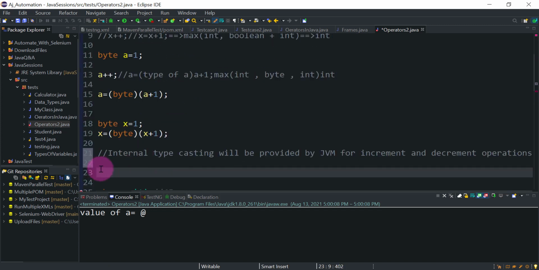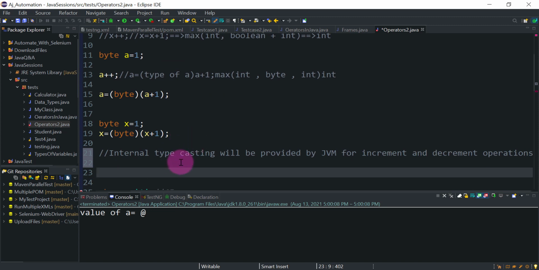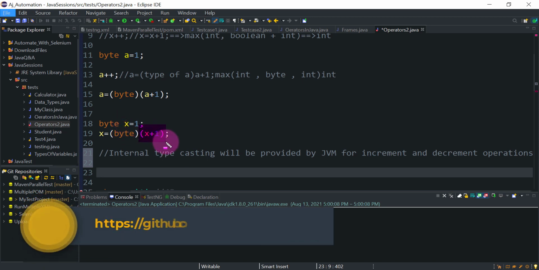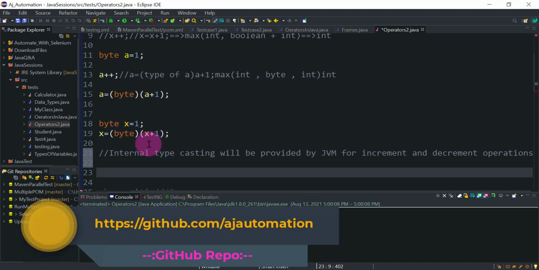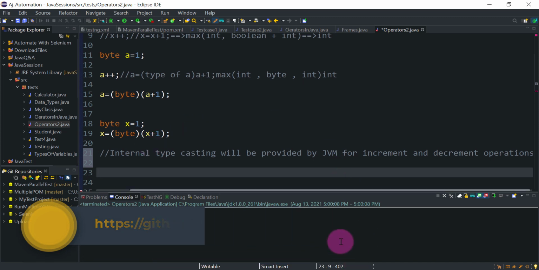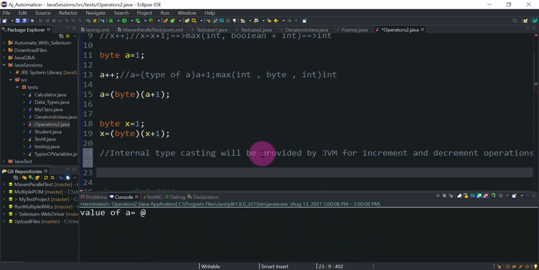So if you are incrementing and decrementing, internal typecasting will be provided by default. But for an expression where you are incrementing the value by 1, you need to do the typecasting explicitly. This is also very important for interviews. For a plus plus, we did not get any error because internal typecasting is performed, and for this expression we need to manually perform the typecasting.